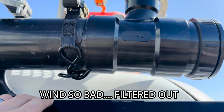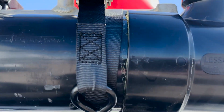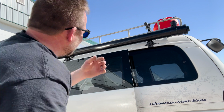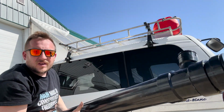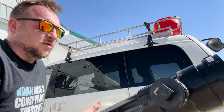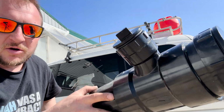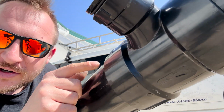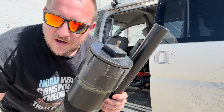I tightened it up before the glue dried. Kind of torqued that, probably not waterproof, so I've gotta redo it. This is how easy it is to take off. I'll redo that, but yeah, on and off in minutes, and a hot water shower thing for really cheap. Took me like 10 minutes to do, and it should have taken me longer because I should have just let that set. But while I wait for my new fitting to dry,